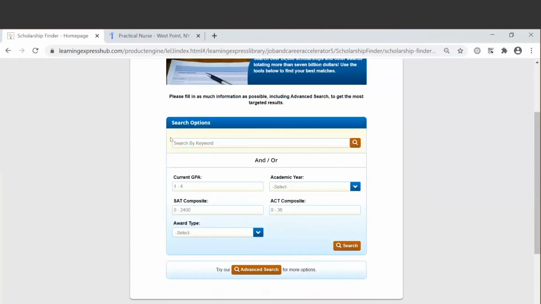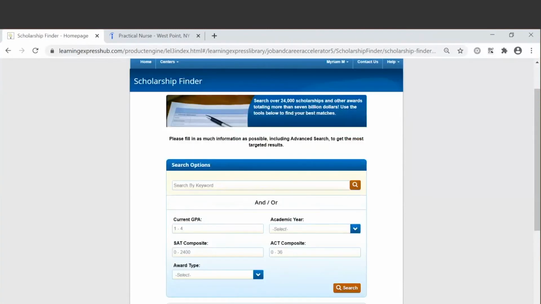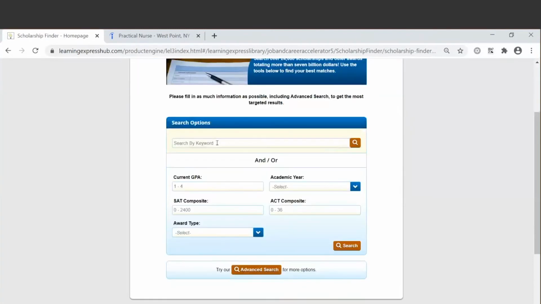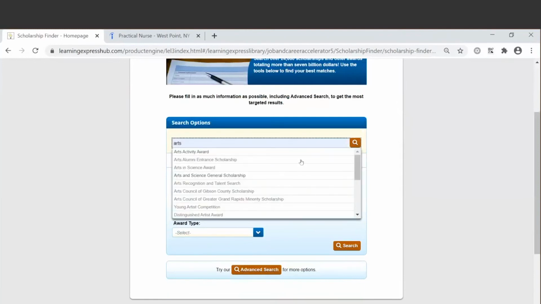We can do a quick search by keyword. We can search via GPA, academic year, your SAT or ACT scores, any awards. We also have an advanced search. And so just going by keyword, I'll just put in the arts.